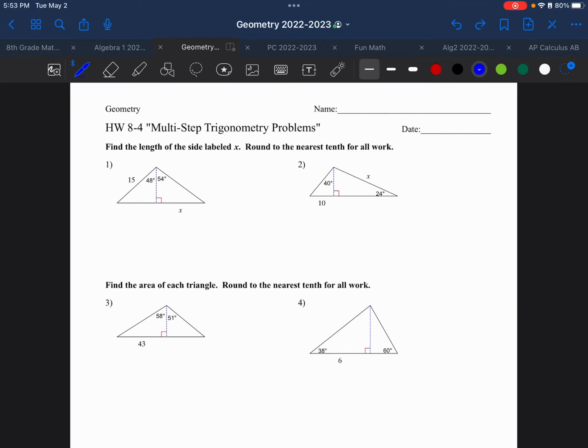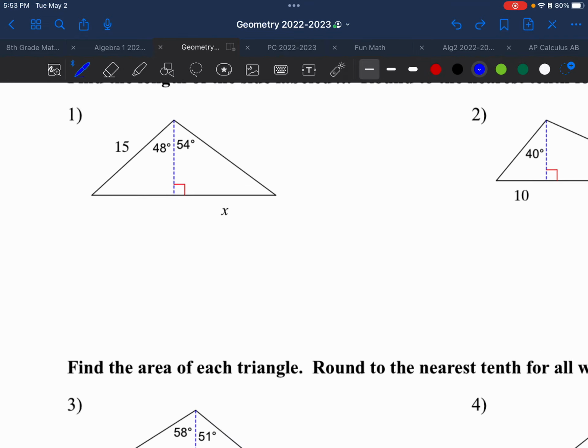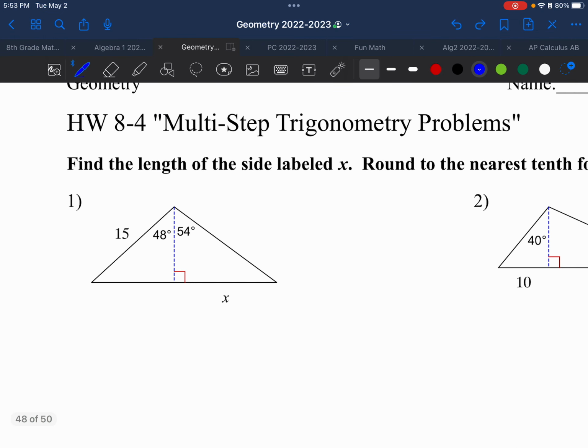This is Geometry Homework Solutions for 8-4, the multi-step trigonometry problems. Here we go. All right, so you always start with what we know. We know that we have a 15 here. We eventually need to find x, just in problems 1 and 2, and then it gets a lot harder in